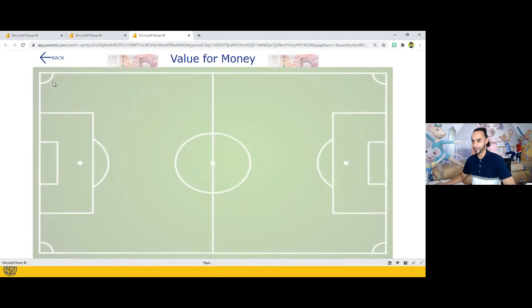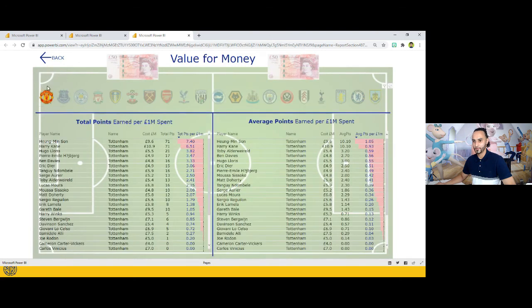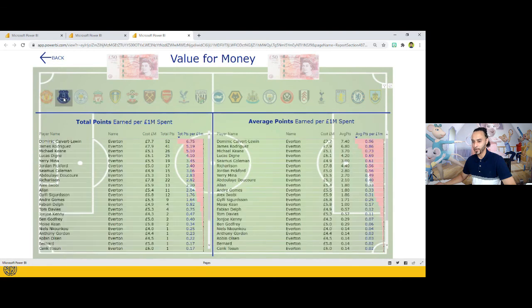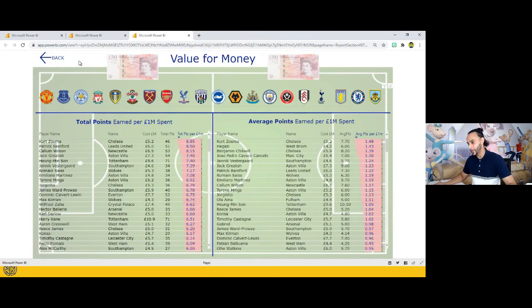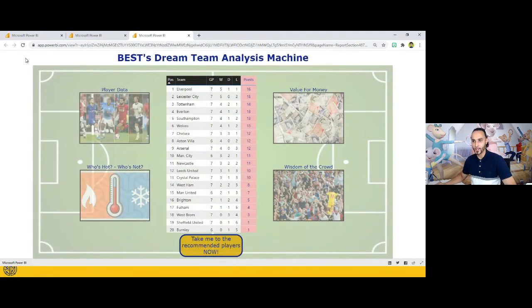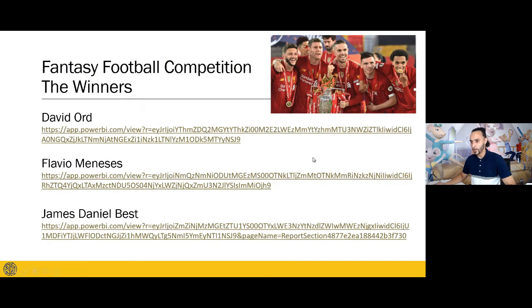But I was going to say all the three that you've shown, we were blown away by them all, weren't we? We were, and even the guys whose reports we haven't been able to showcase, thank you for your entries. They've been great to look at and see how people take a bit of data and extend it and work with it to create something like this. So well done to the winners. Well done to everyone who entered, and we're going to leave it there. We're going to be in touch with you winners over the next week or so. So stay tuned for that.